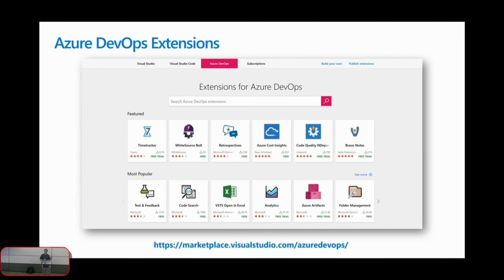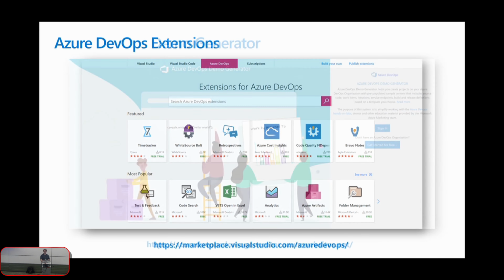Mentioned the marketplace a few times. Yep, definitely visit the Visual Studio Marketplace. Again, hundreds and hundreds of extensions out there. There's just lots of them. Some of them are build extensions. Some of them are widgets, like for the dashboard. Some of them are other extensions for various things. For example, like tags. You can do tags and work items, but there's no inherent way of renaming tags or deleting tags. But there's an extension for that, which we actually have installed here. I don't know if you guys have ever seen it, but we have it. If you ever come across it, it's like, oh yeah, that's through an extension. That's not native out of the box. So a lot of neat functionality out there.